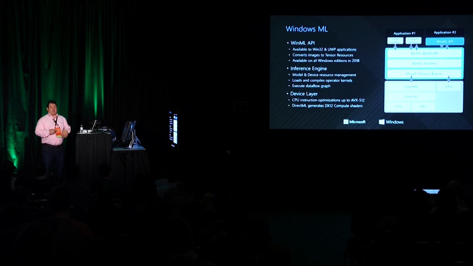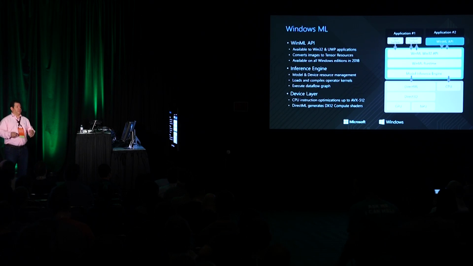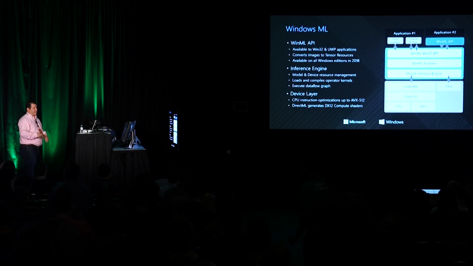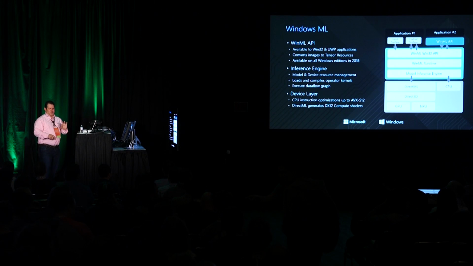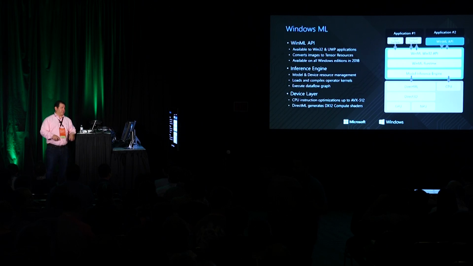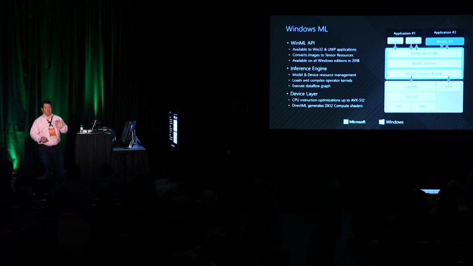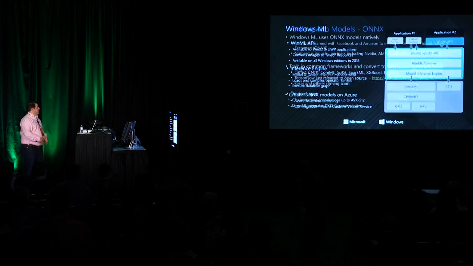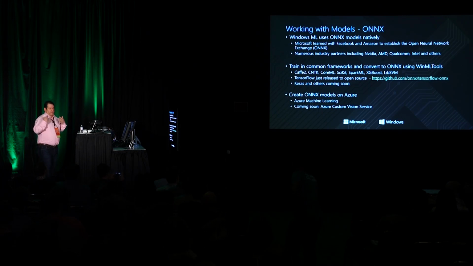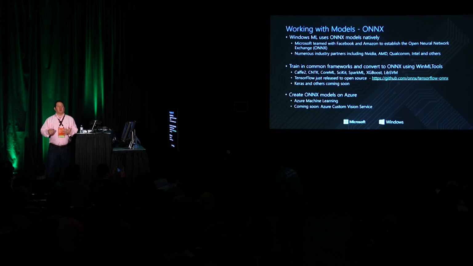We've also done a lot of optimizations on the CPU so that you get the best out of the CPU and optimized every class of CPU instruction that we've seen, from SSE all the way up to AVX 512. But as I mentioned before, I'll remind you again, if you really want to see how we get performance, we have another talk after this that will show you deeply how DirectML gets deep performance on the hardware that we have.